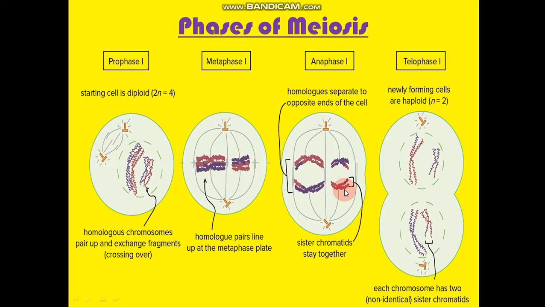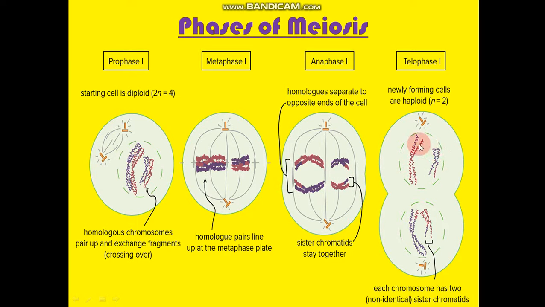In anaphase 1, this is the major difference between anaphase 1 and the normal anaphase of mitosis. In the normal anaphase of mitosis, the sister chromatids were torn apart. But here in meiosis anaphase 1, the sister chromatids are together, but the homologous chromosomes are moving apart. This is an important conceptual thing. Understand very clearly that here the sister chromatids are not separating, but the homologous pair is separating and moving to opposite poles. Clear?